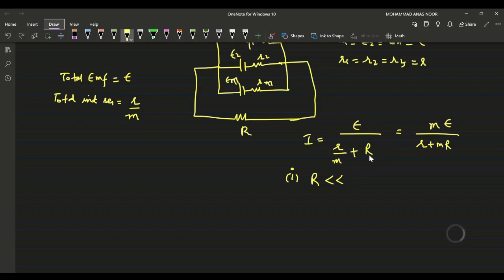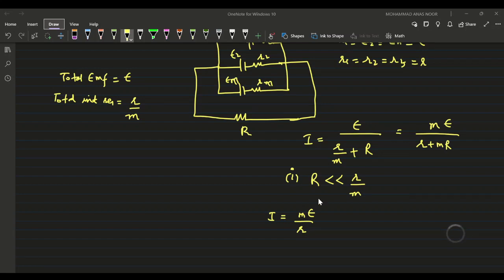So if R is less than this, then what we can do, we can neglect R. You forget about R. It's less, we can neglect the R, right? So it would be ME divided by R,